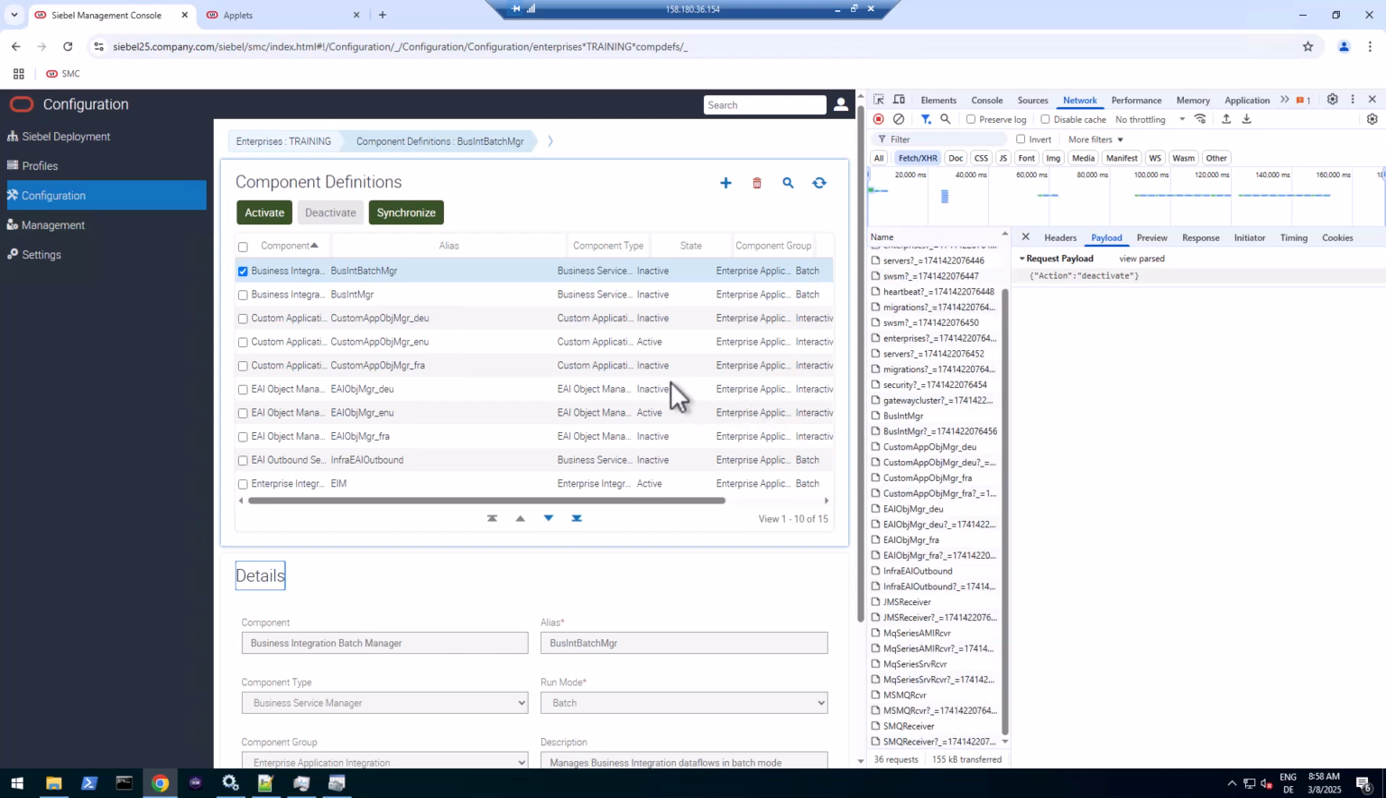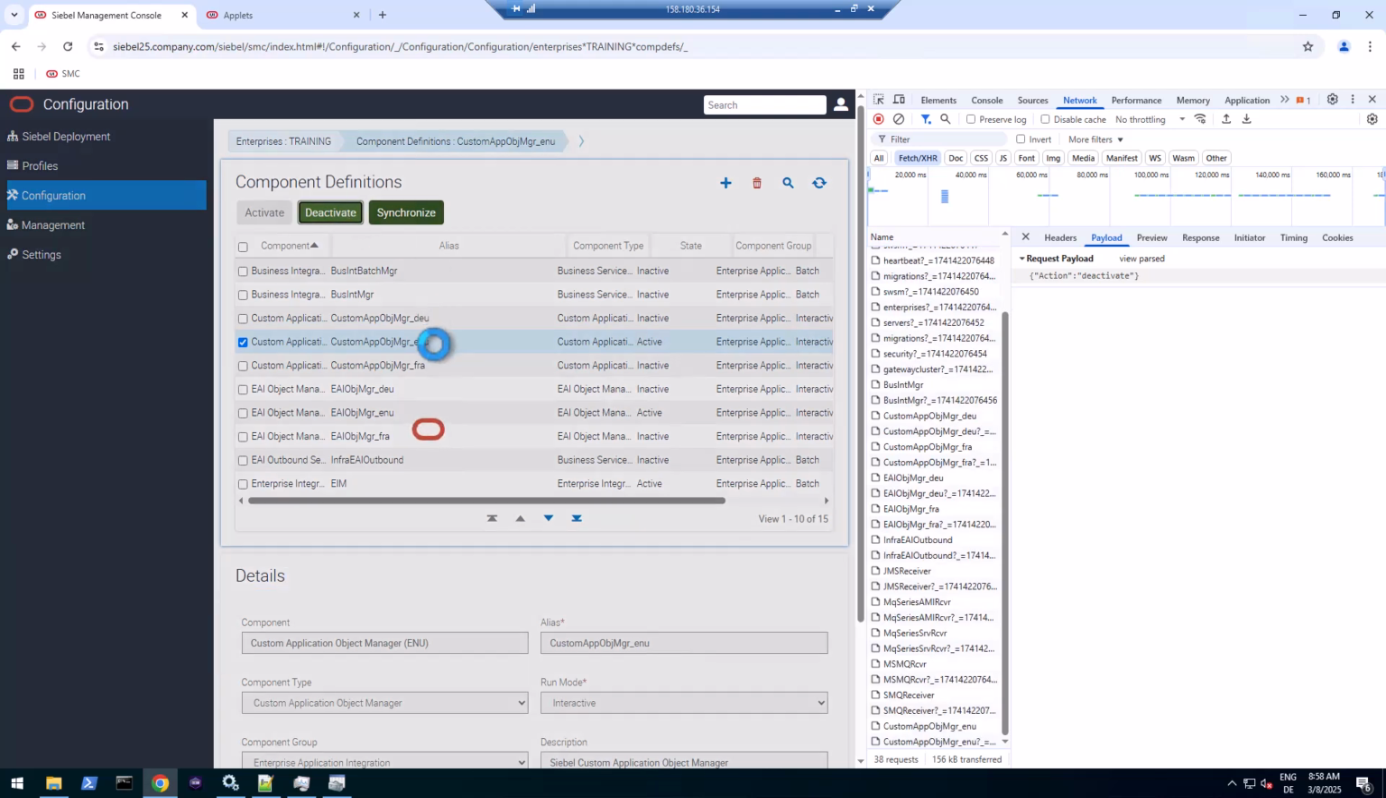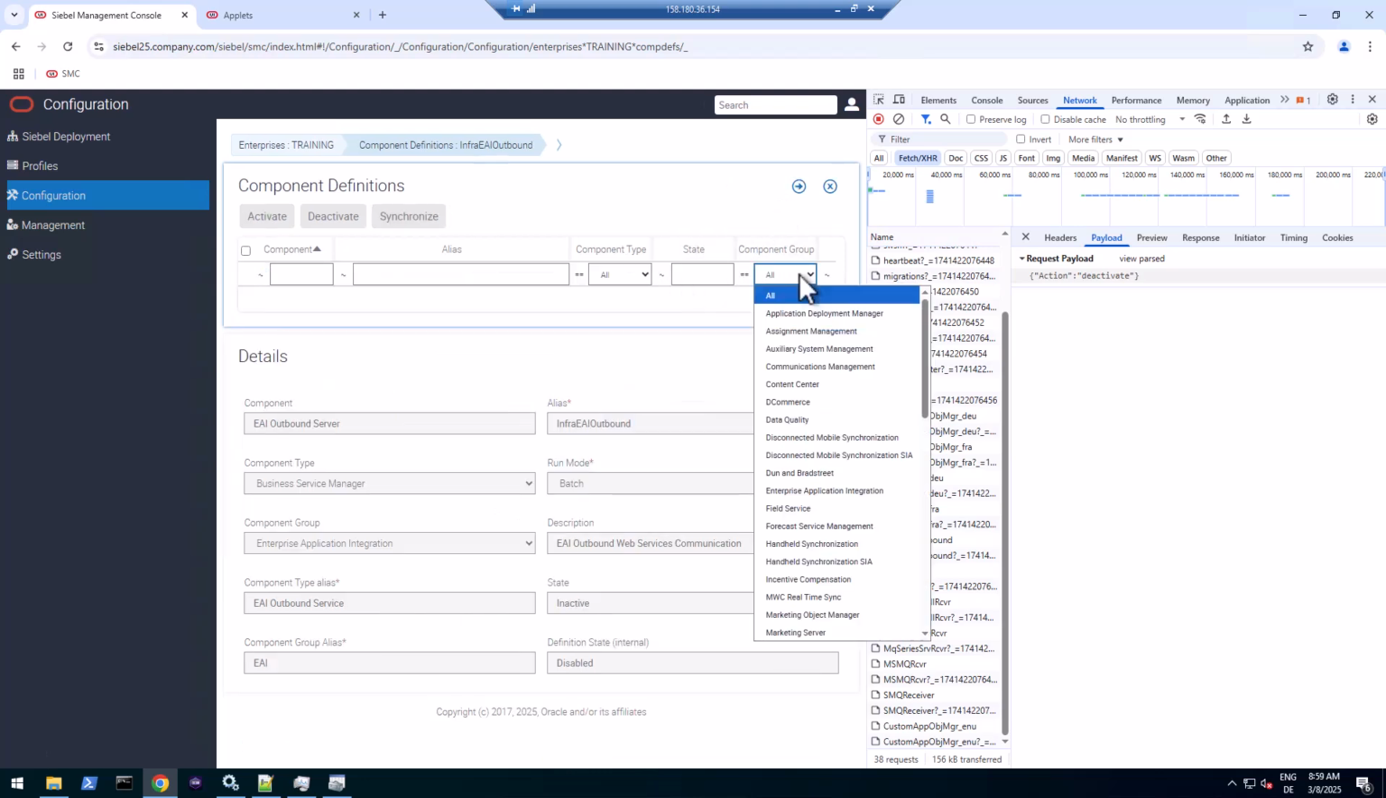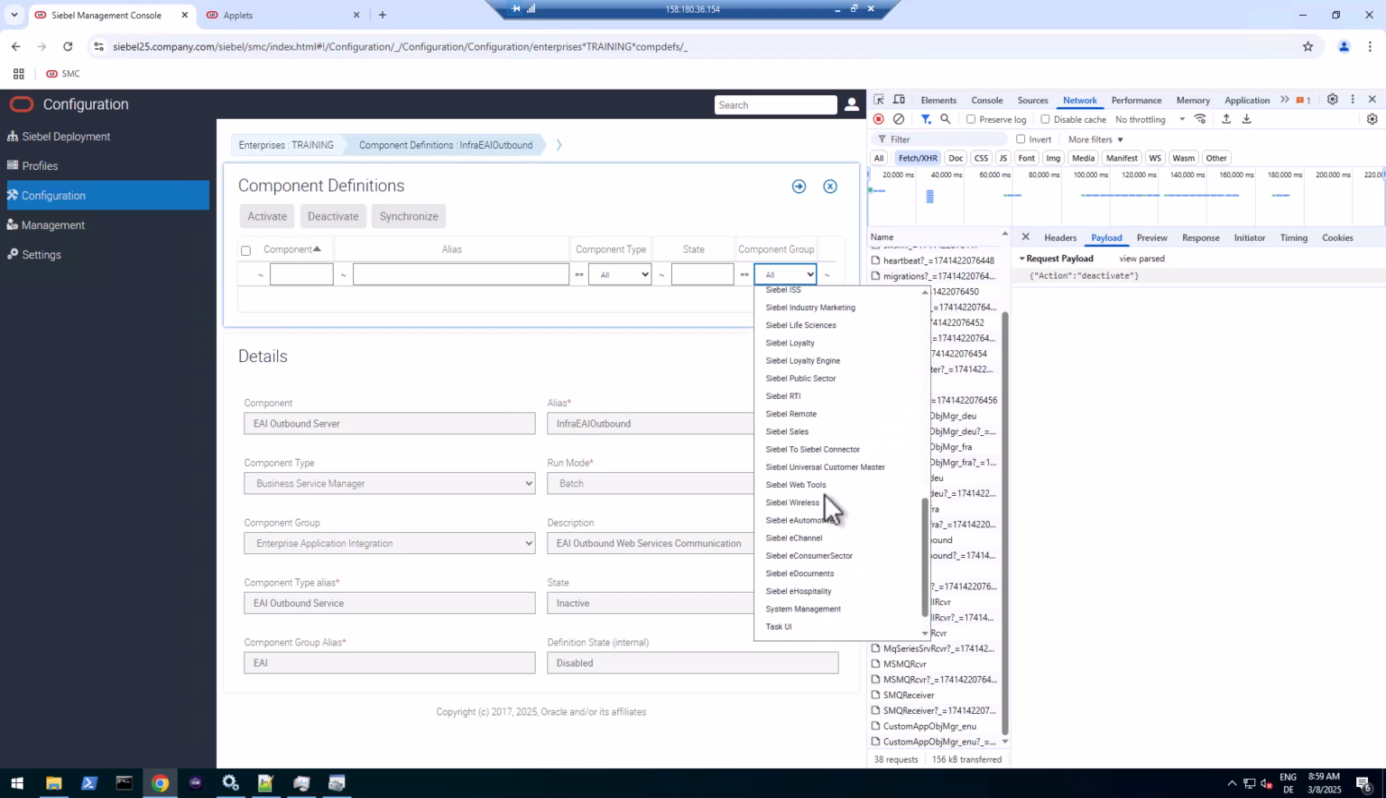Okay, so you can see I have just left the... Oh, well, actually I don't need that one. This custom app I don't need either. So I just left the EI Object Manager, ENU, active, and EIM. If I would need any of those later, I can come back here, activate them, restart the servers, and we'll be fine. So now that component group has been taken care of, let's query for the call center, Siebel call center,